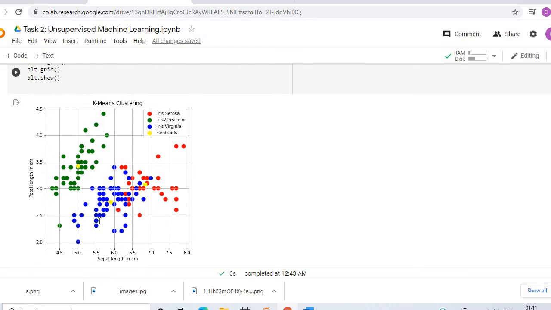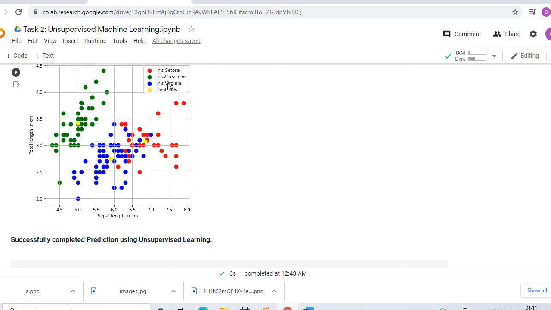So in the graph at the top right corner we can see which color represents what. Iris setosa is red, green represents Iris versicolor, blue represents Iris virginica, and yellow represents the centroids.